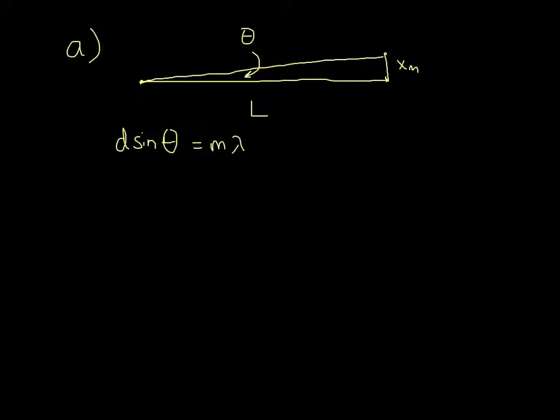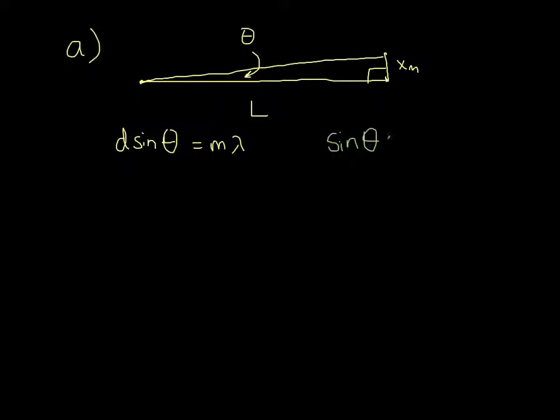But if you look at this triangle, with this right here being the right angle, you can see that we know the opposite side of the triangle from this angle, and we know the adjacent side. Well, that doesn't help if there's a sine theta in there, because if you know the opposite and the adjacent, that's using a tangent. But what we can do is, we can say that sine